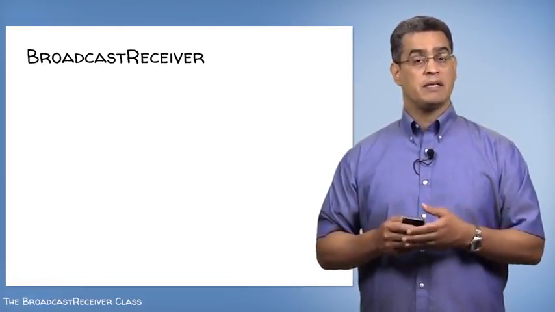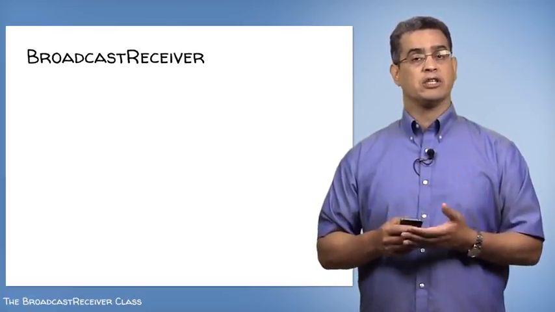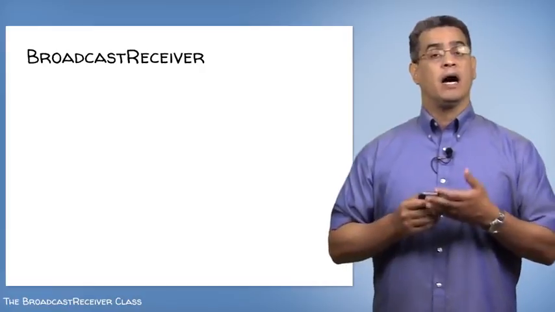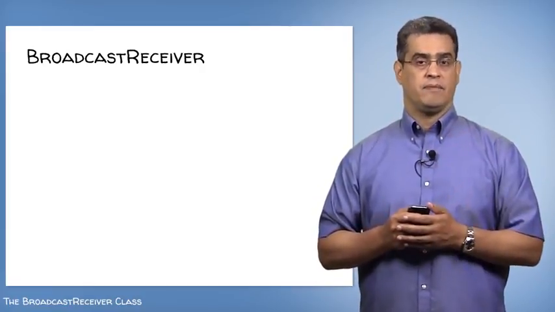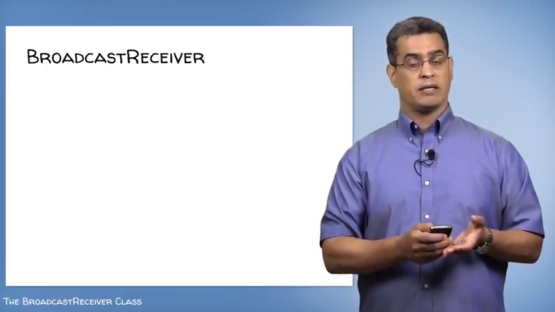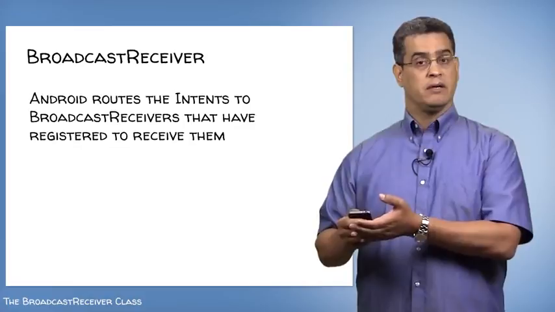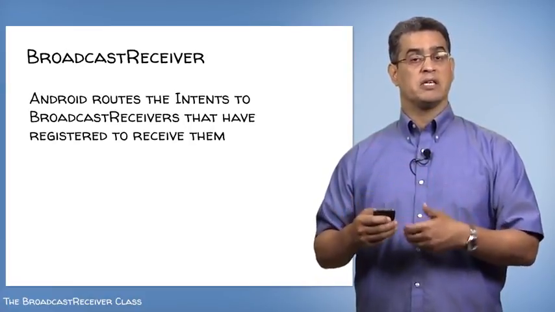Once the MMS message is ready, then there's a component that creates an action_send_message intent and then broadcasts that intent. Android then takes the intent that was just broadcast and delivers it to that component we talked about before that has registered to receive